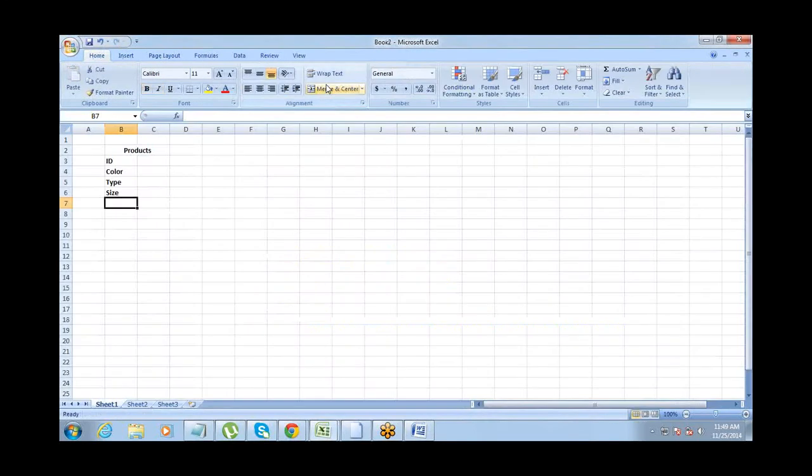We could have had a size. They have not mentioned the size here, but when you get into the detailed requirement, sometimes the customer can say, okay, fine, we have 3 different sizes for each of the colors. That can be there. And then you can also tag the price along with this. Let's say these are the details from our side. ID can be an auto number. Color can be a pick list. Type can be a pick list. In type, I can put actual or sample.